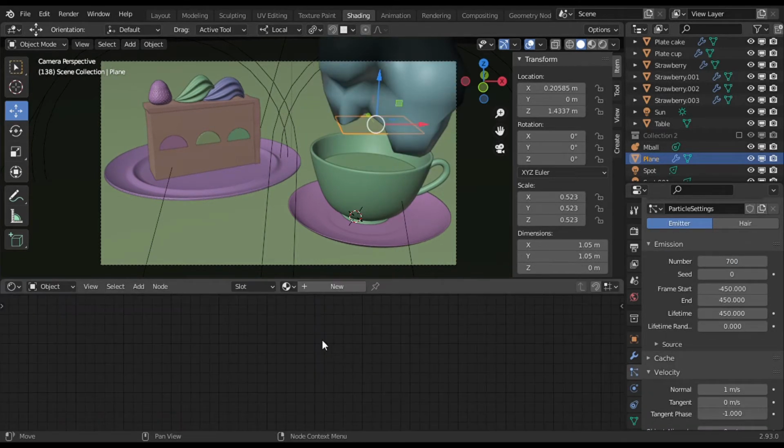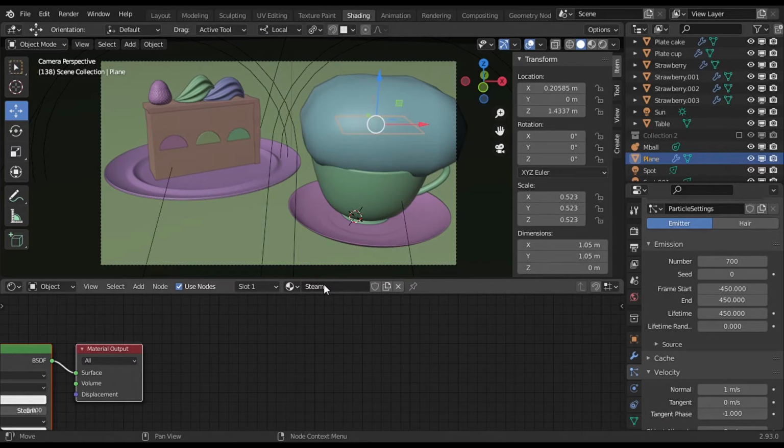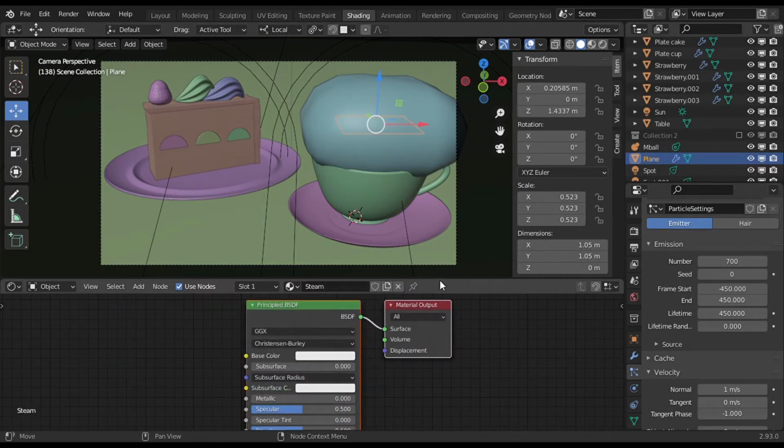Now for the material. At first I did the material in the plane, but you should make it in the mirror.